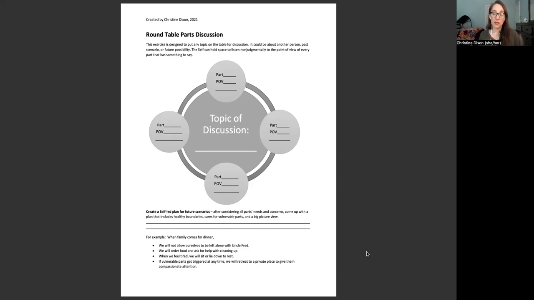So it's almost like you're making this contract or agreement with your parts of how you are going to take care of them when family comes. And so you're really being your own primary caregiver, but you can do it in an anticipatory way. You can have this parts meeting before something that you know will likely be a difficult situation. Sometimes you can't anticipate things. And so you might have this parts meeting after the fact, just to give loving attention and comfort to whatever parts were activated. But either way, on whatever side, it can be really, really valuable.